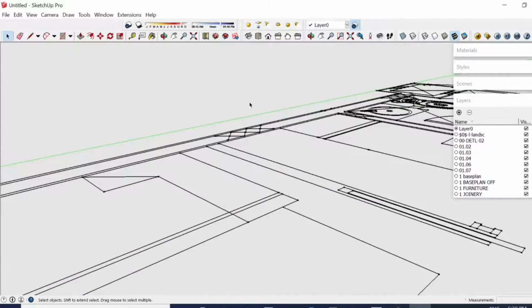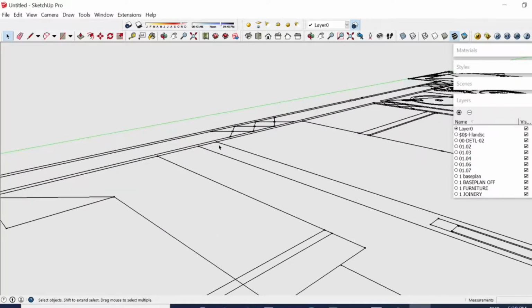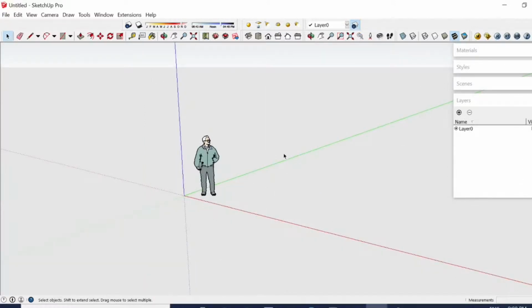So let's check our SketchUp if this wall is in 100 millimeter as well. So T for tape. There, it's in 100 millimeter. Let's try importing